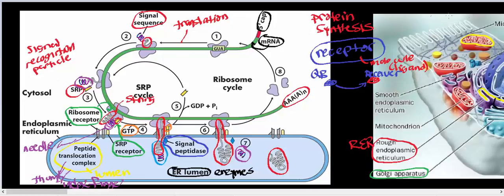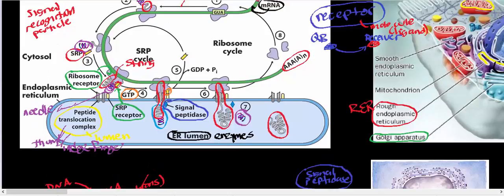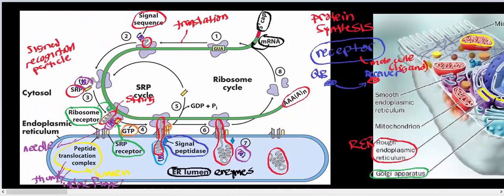Okay, so literally, the rough ER uses the ribosome receptor and the SRP receptor to bind the ribosome and SRP molecule, and then the peptide translocation complex binds the signal sequence and guides the whole protein into the rough ER lumen. Then what happens essentially is, once the ribosome is tightly bound, what will happen